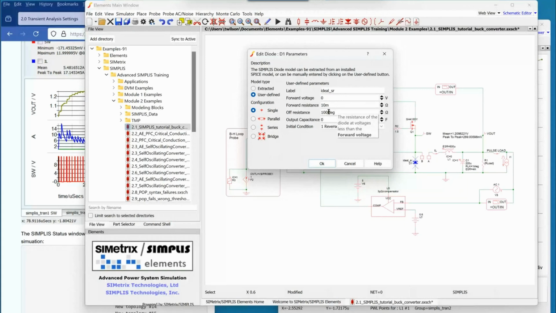So if they could put a gig ohm here, they would happily do it, and then an on resistance of 1 micro ohm. When you have an abrupt corner like that in a 2-segment piecewise linear diode, where the slope is changing by 10 or 12 orders of magnitude, that can cause some numerical challenges for SIMPLIS, because